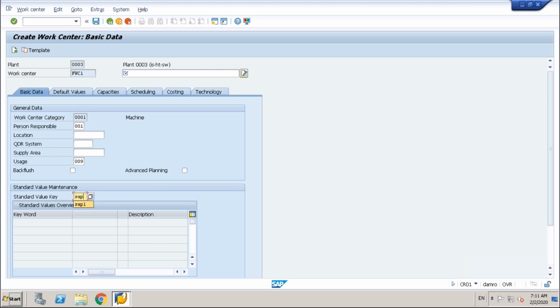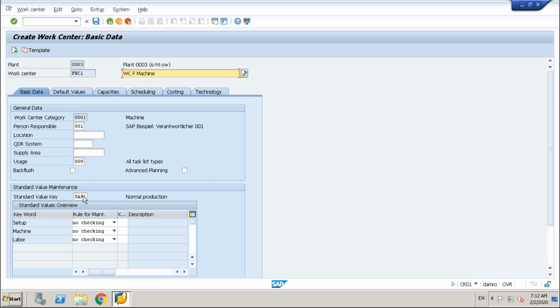So standard will take, we'll actually see this. What if you want to have a different set of activities? See, SAP1 gives you the standard. Just a minute. The standard activities, that is your setup here. So this is derived based on SAP1. If you want to have different names, then you have to create a standard value key of your own, say ZAP1, whatever you want, and then you can name your activities here, and that needs to be assigned